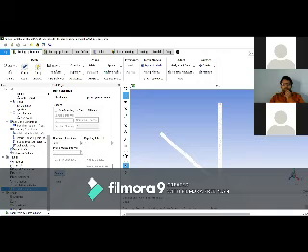Then calculate. Here the number of steps performed calculates the iteration values. I will not show it now because this analysis was already performed.